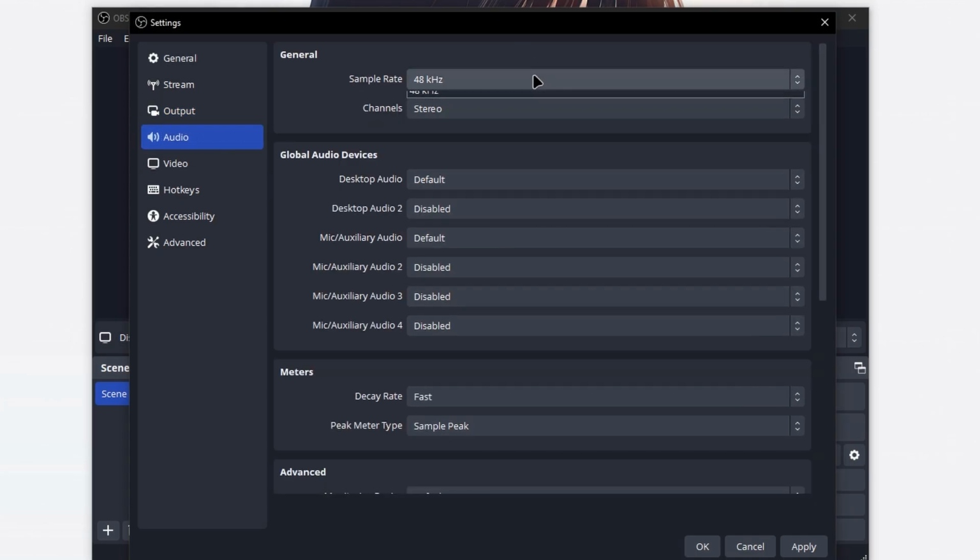Then you go to the audio part. Make sure the sample rate is 48. Then you can do the rest of your settings. That's basically it. If you want to get the best image quality when you're recording, if you want to see how it looks,